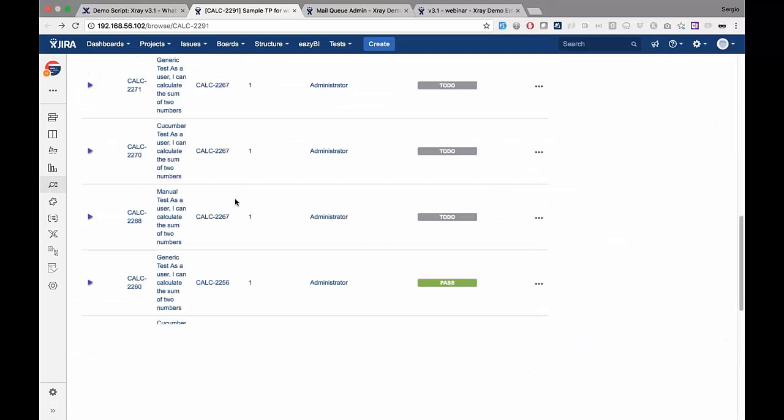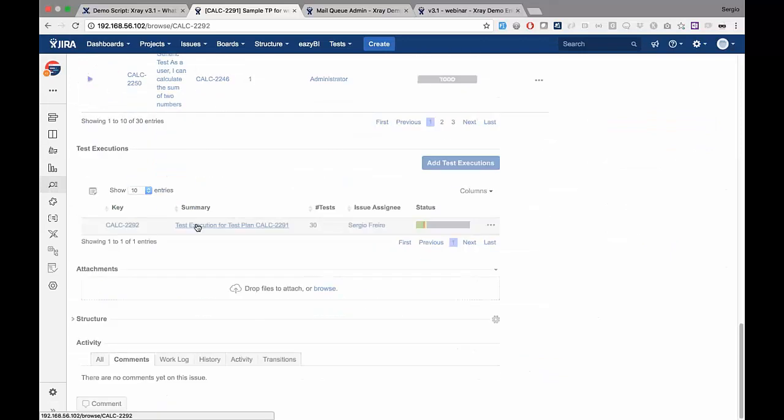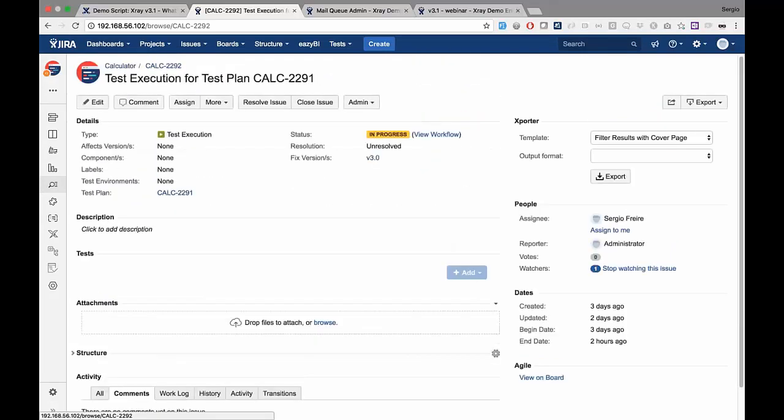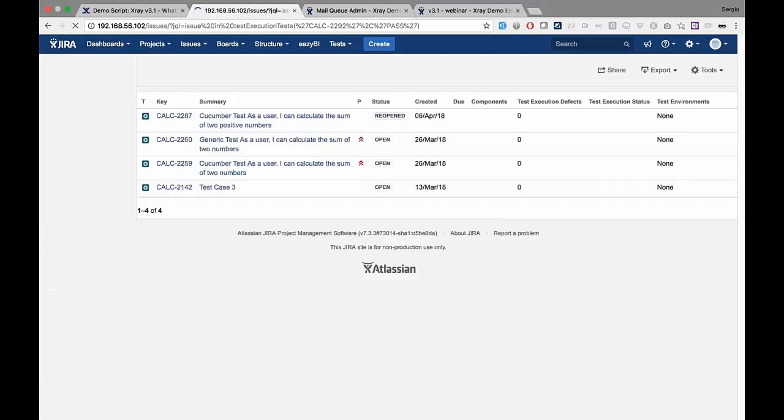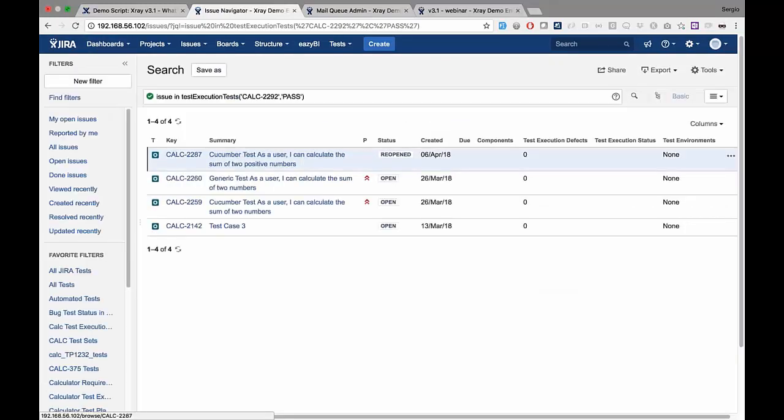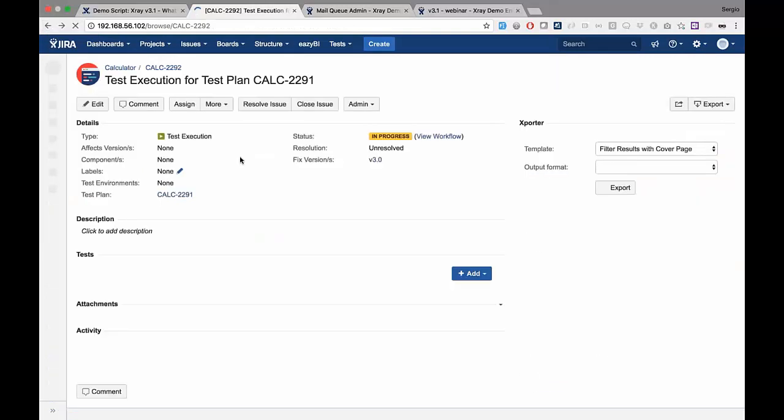So let's pick here a test execution. And for example, you can see these tests that I have 4 passing. I can easily click on the number and obtain these tests. So if I want to do some operations with them afterwards, I can easily do them. And I was talking also about